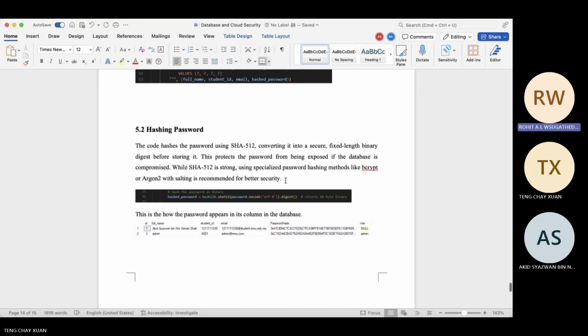We also use password hashing in our system. So basically, you can see the code over there, which shows that the password is hashed using SHA-512, converting it into a secure fixed-length binary before storing it. This protects the password from being exposed if the database is compromised, like brute force attacks and so on. While SHA-512 is strong,